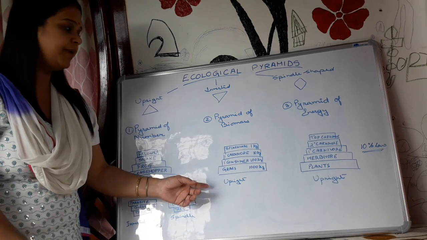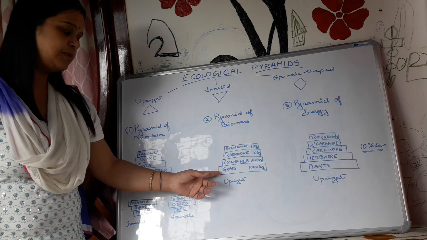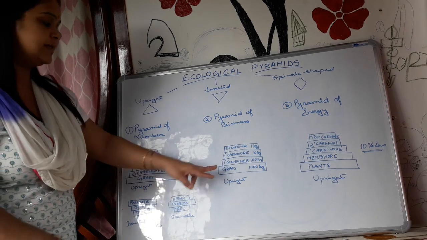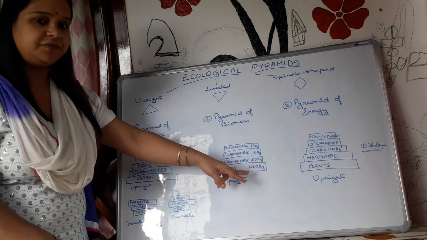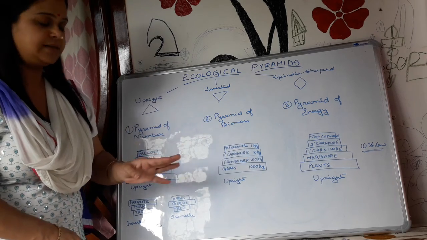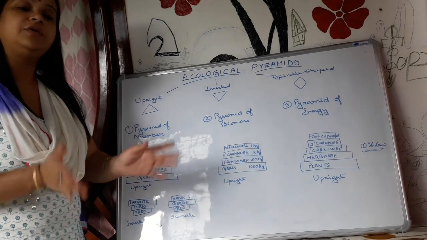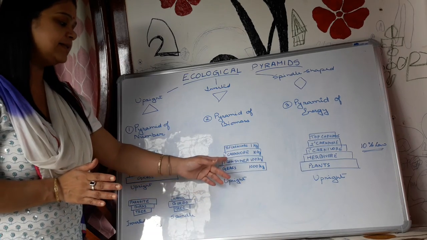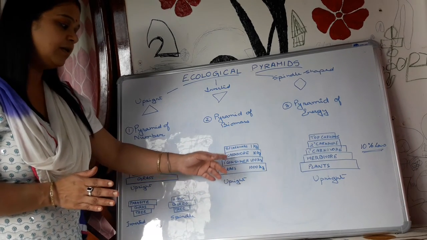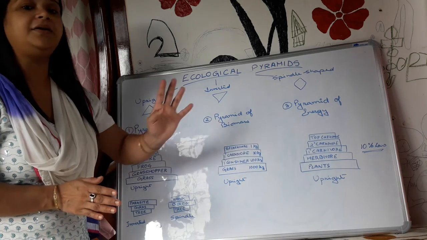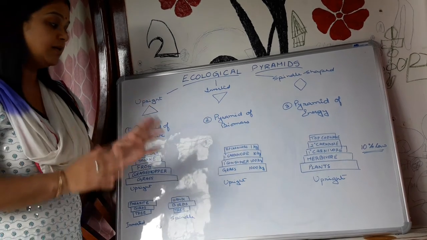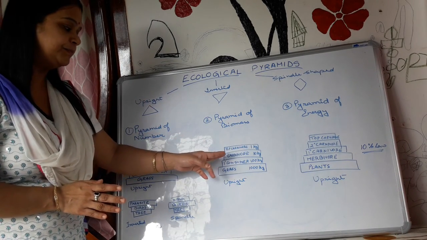Okay, basically an upright pyramid is obtained. Now suppose, for example, in a terrestrial ecosystem, the grass, 1000 kg, we will consider the initial biomass. Then 10% of that is converted or given to the next trophic level. That is, the grass is eaten by the primary consumers. Those primary consumers are getting 100 kg biomass.